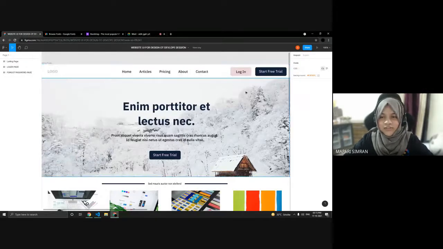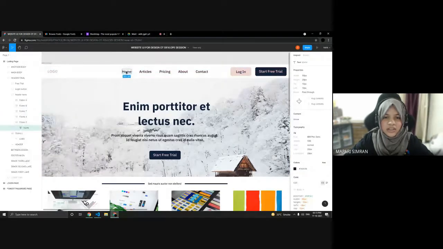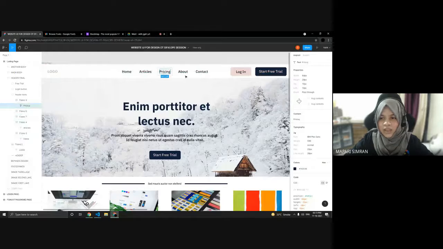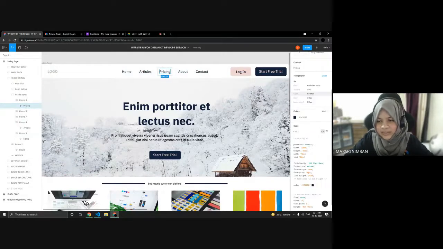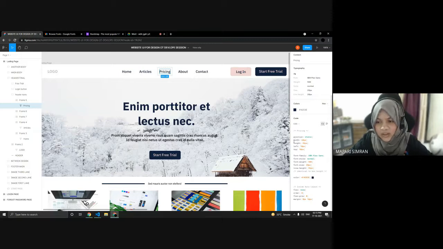The first thing is, if you click on these UI elements, on the right hand side in the inspect section, you can see the CSS part. Can you see that CSS part with height, left, top, font family and everything?